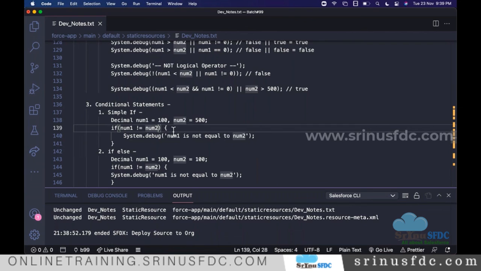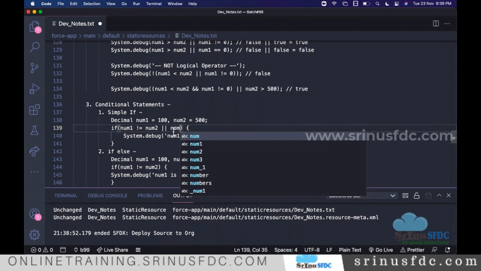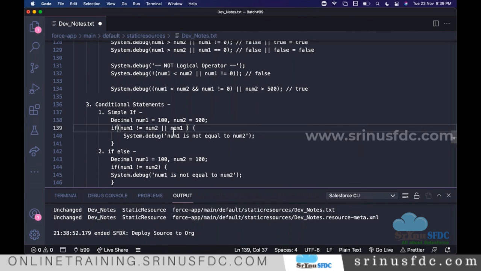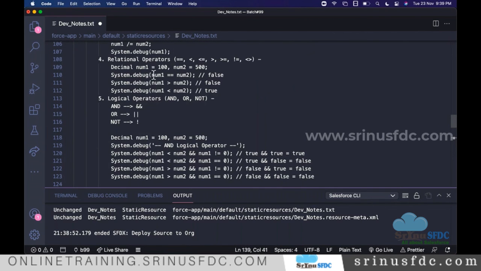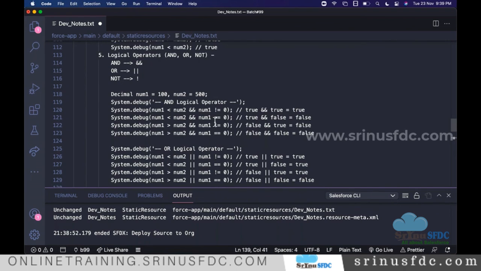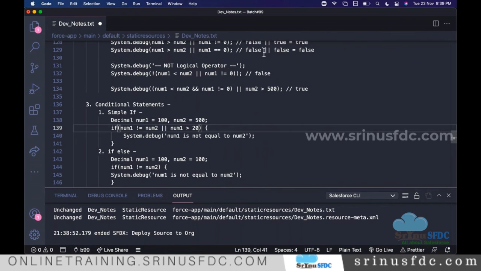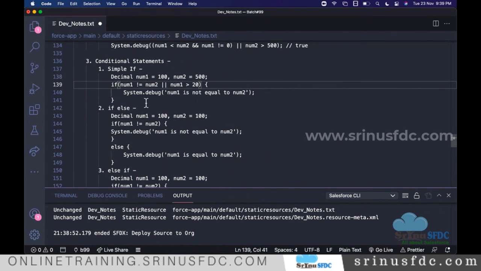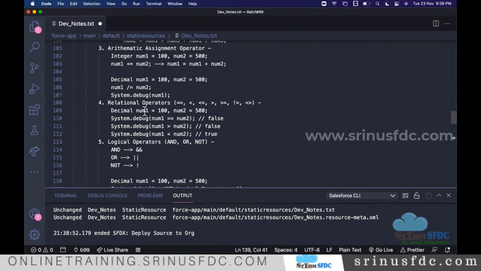You can use or, and, and you can also say number one is greater than something else. You can combine multiple expressions. As soon as you know relational operators and logical operators, we have to make use of those things for these conditional statements. All these are interconnected.